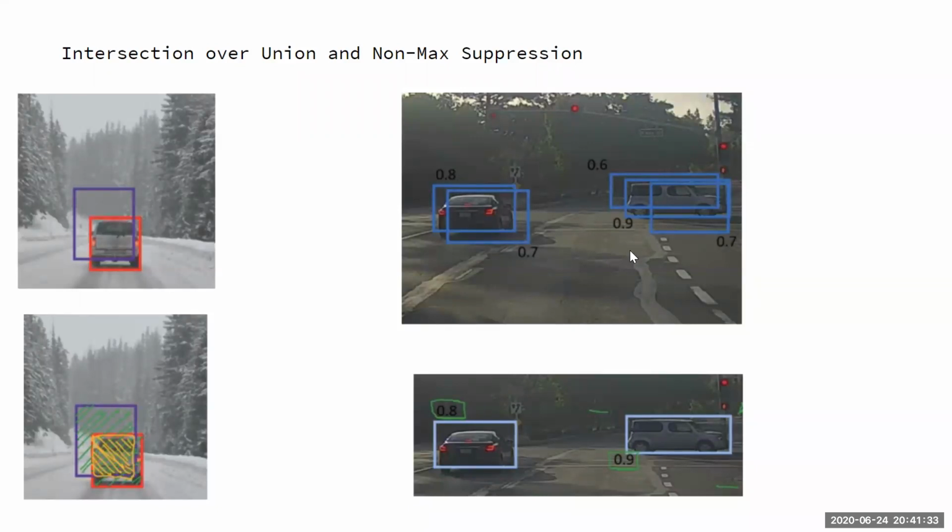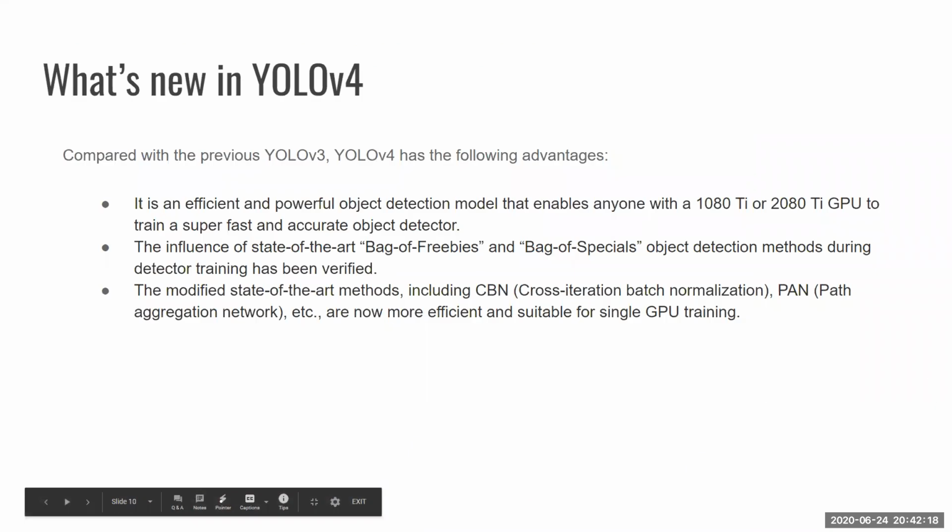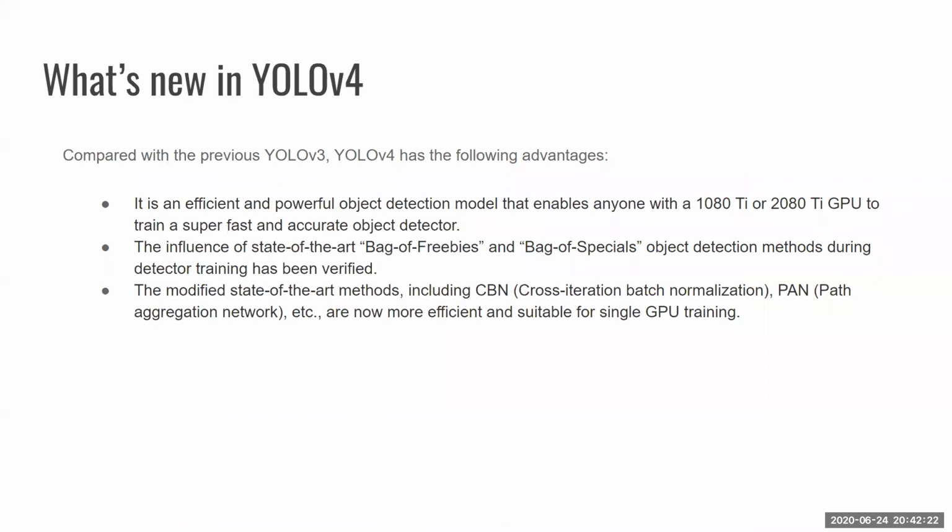So basically, for the object on the right here, we see three bounding boxes with probability 0.9, 0.6, and 0.7. What ends up happening is the boxes with probability 0.6 and 0.7 are suppressed, and in the end, we only see one single box with a single probability, which is the highest probability. And this same process is applied to all objects in the image. The final result is that we have one image with bounding boxes for each of the objects and the class of the object. So the biggest advantage of YOLO over other approaches is that it's very fast and can